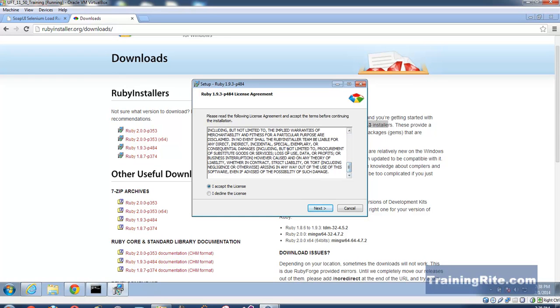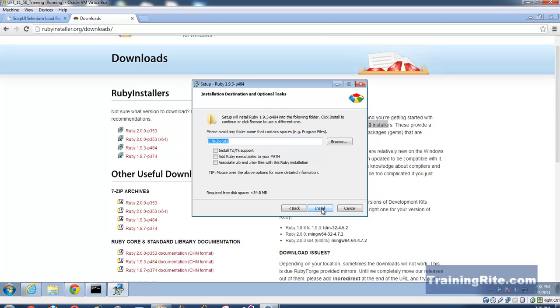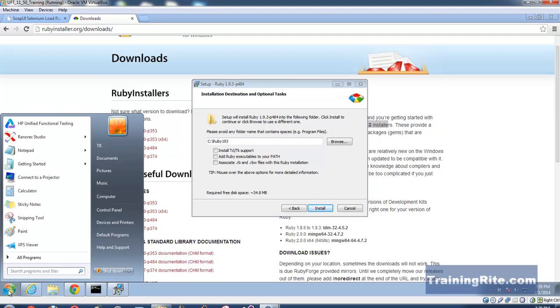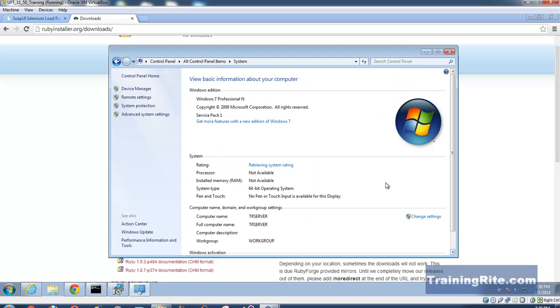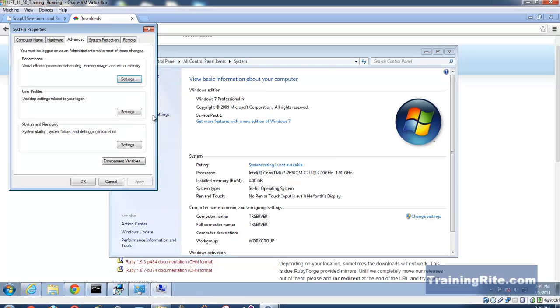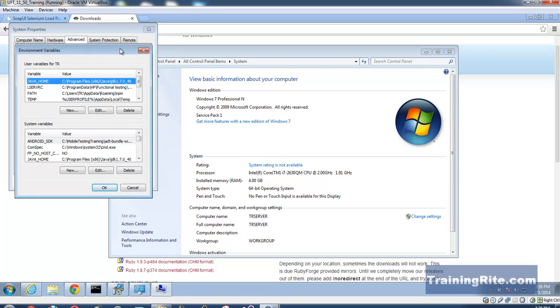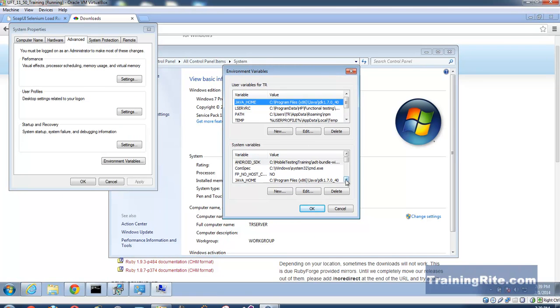I would suggest that we just read the licensing. Now, what it is going to ask you to do at this time is seek your permission if it can go ahead and add this Ruby path to your environment on your machine. What I mean by that is if you physically have to do that, you would be clicking on start and going into control panel. And if you go into your system, and then look into the advanced system settings and into the environment variables, you'll find that here in the path,